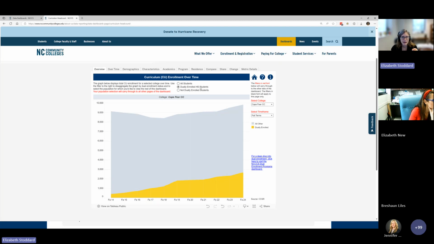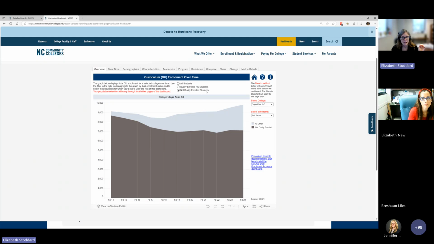I said that two things were going to happen when I selected this filter. In addition to the graph changing, the other thing is that this selection will carry through to the rest of the pages of the dashboard. And you can note that here in the red font on this little paragraph. I could also filter to look at not dually enrolled students. And again, if I make this selection right here, that selection will carry through to the other pages of the dashboard,